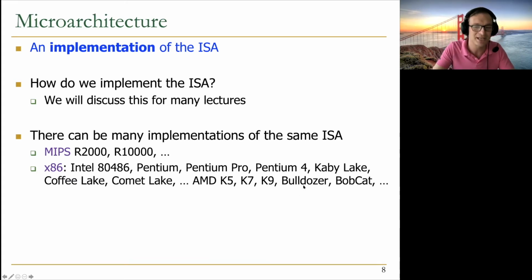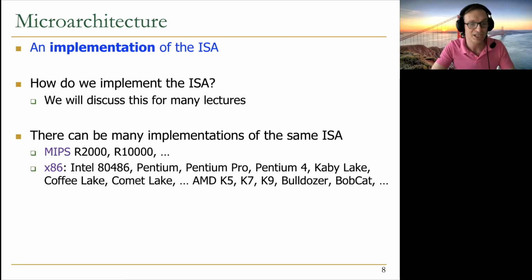And then AMD also has its own implementations, as you know. And these are all part of the same ISA. Of course, it's not exactly the same ISA because ISAs evolve over time as well. And we will discuss this because they incorporate new instructions, for example, so that they can cater for new workloads. But they don't change as fast as microarchitectures because they're what's exposed to the software, right? Microarchitecture doesn't get exposed to the software, so it can change quite often